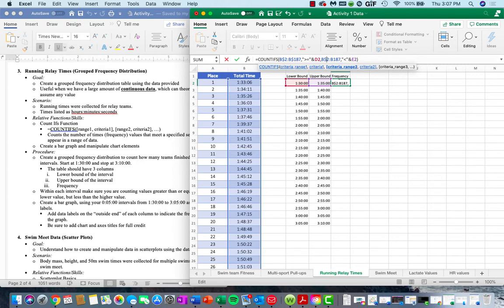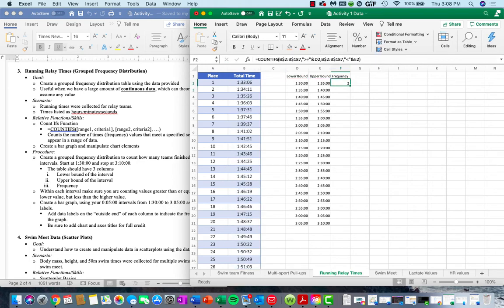That's the wonderful thing about Excel, unless you're colorblind. Okay, if you are colorblind, just keep a mental note of where things are. But Excel color coordinates where the references are, so you can easily identify what you're actually changing. Okay, so we'll put our $ signs in front of our range areas, and that should make it so that when